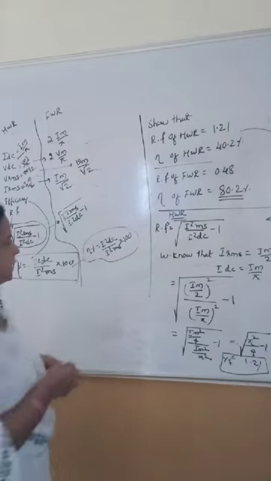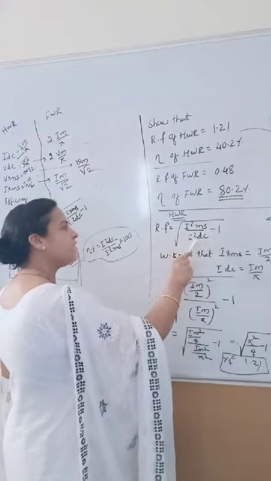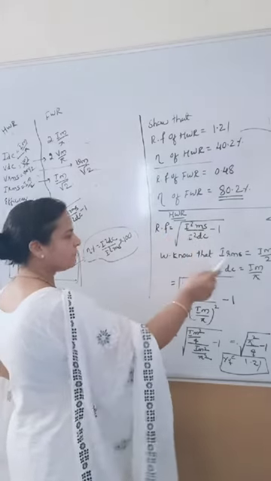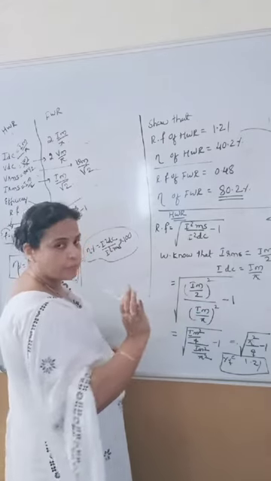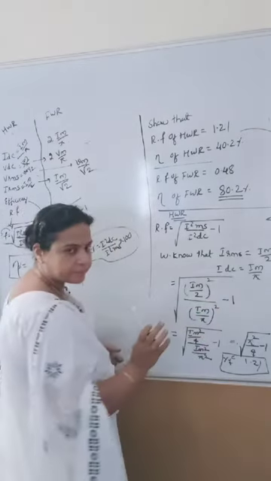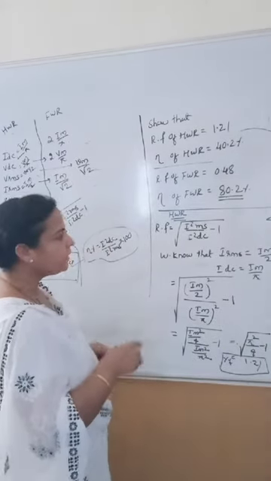Very simple. Just remember this equation. Substitute the values for IRMS and IDC which you have derived for a half wave rectifier. You need to remember these values properly, then only will you get this value correct. So ripple factor is equal to 1.21.